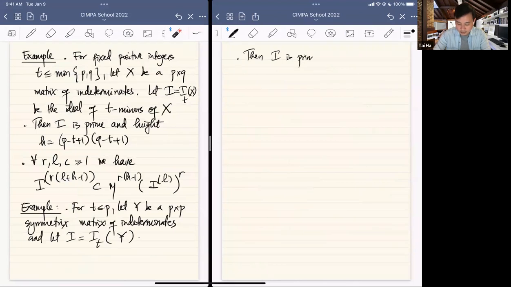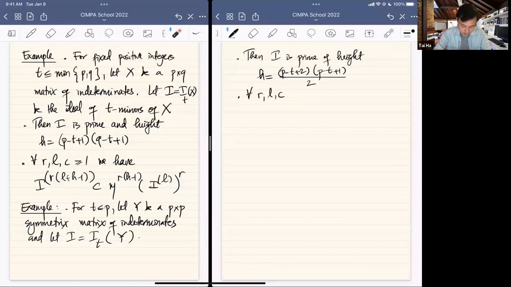Again, this is a famous result of height h equal to (p minus t plus 2)(p minus t plus 1) divided by 2. And once again, for all r, l, and c,